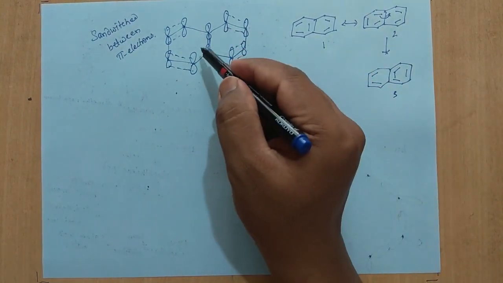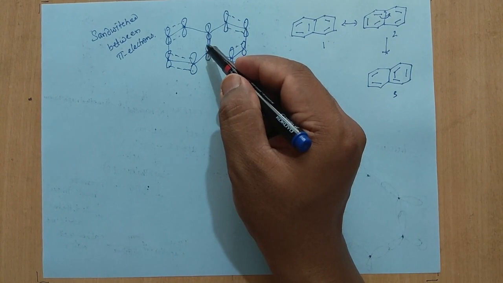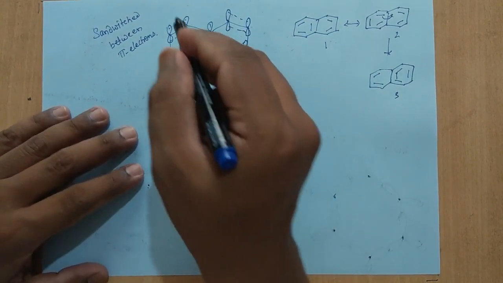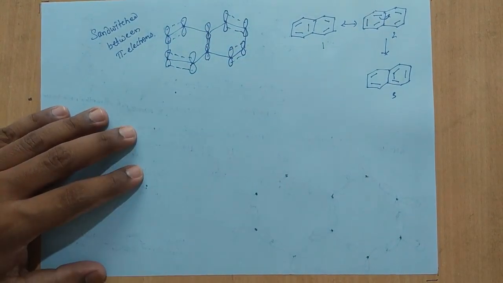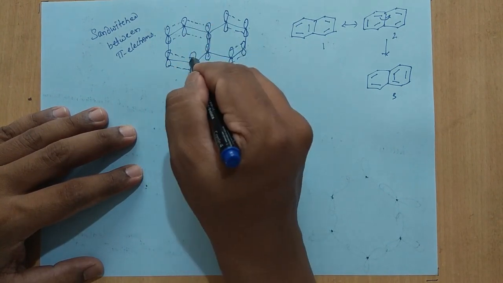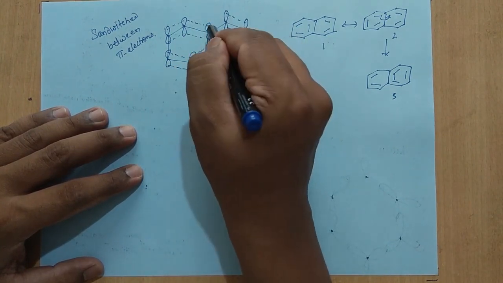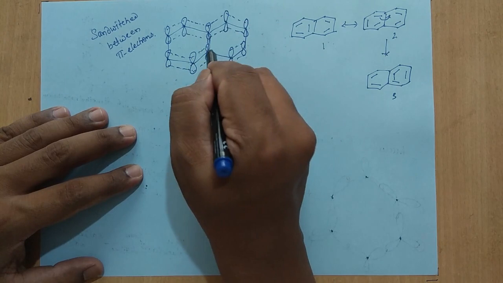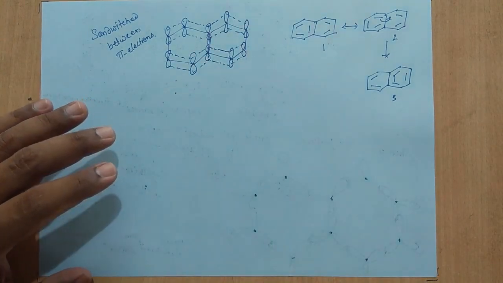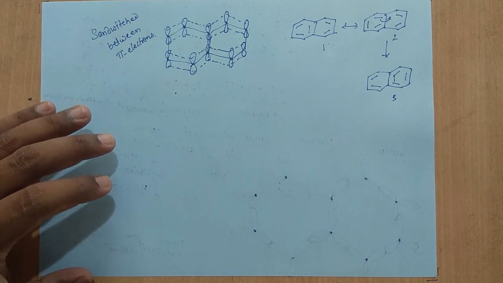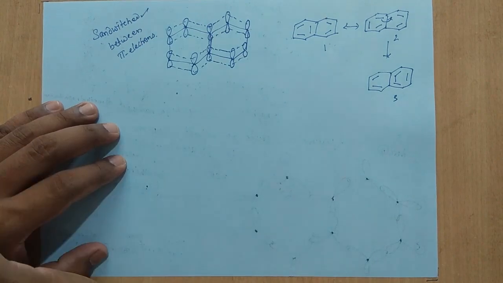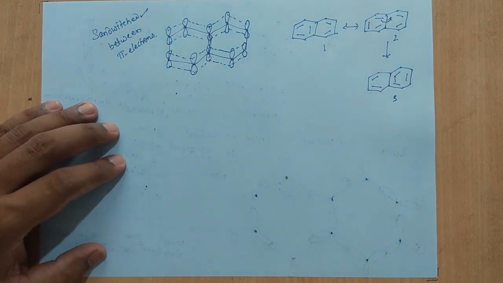This is the molecular orbital diagram where it shows that the pi electron cloud is present. Now this pi bond formation I have shown only in one direction, but this is also possible in the other direction. So you can just modify this. Any carbon can overlap laterally with the neighboring unhybridized p orbital. That's why we are calling it sandwiched between the pi electron cloud.